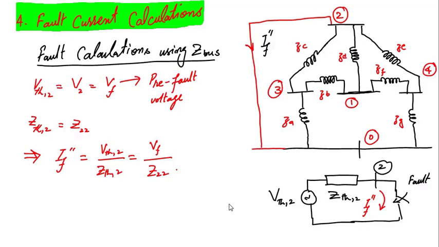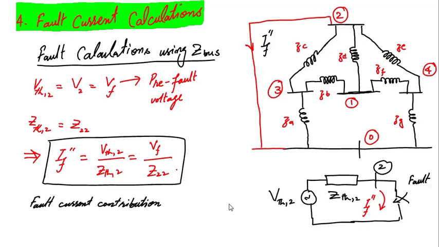So it means it is already known to us, VF pre-fault voltage, divided by the Thevenin impedance from the Z bus. If Z bus is given to us, we can find out the fault current. We can use this formula to calculate fault current on any bus. For example, if we want to calculate the short circuit fault current on bus number 3, then that will become VF over Z33. If we want to know the 3-phase fault current at bus number 1, that will become VF over Z11. If we do the same at bus number 4, it will become VF over Z44.